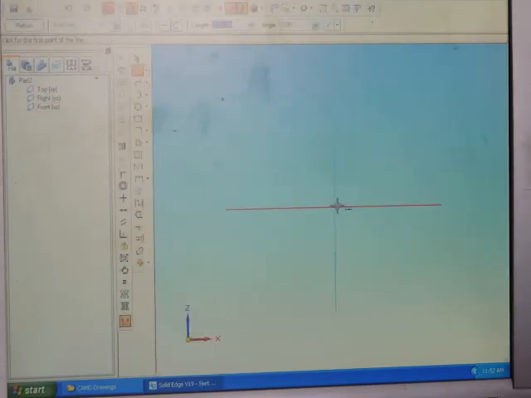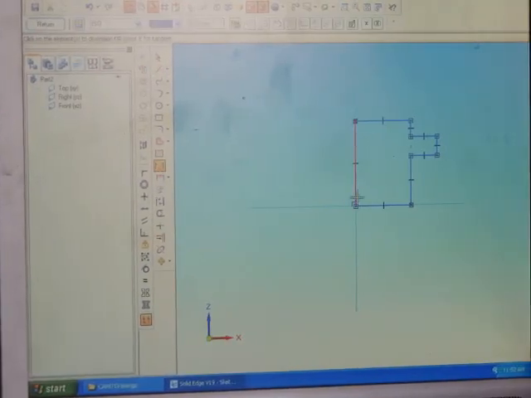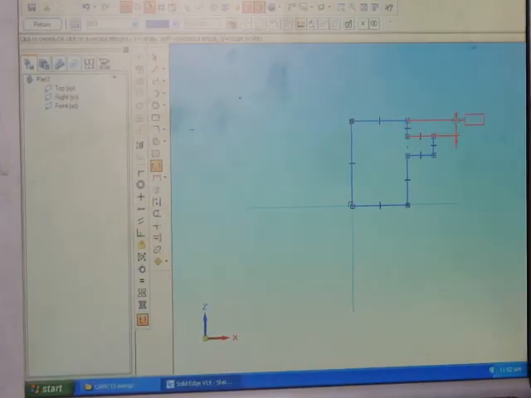So here first construct the drawing. So now go on doing the dimensions. So go to smart dimension. This distance is 10 mm.